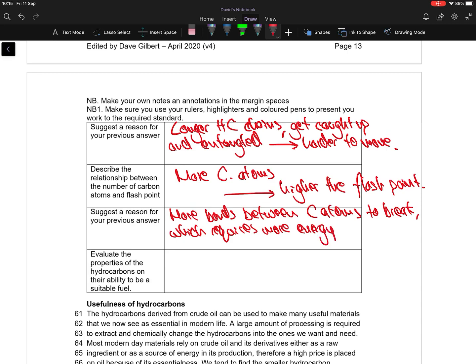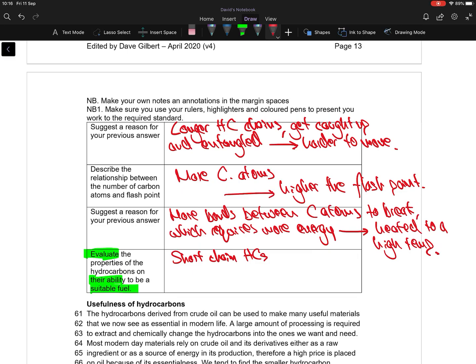Which means the hydrocarbon itself needs to be heated to a higher temperature. Now, evaluate. So evaluate, remember, is give your opinion. Evaluate the features or properties of hydrocarbons on their ability to be a suitable fuel. So this question is asking you, which is better as a fuel, short or long-chained hydrocarbons? Now, the answer would be short-chain